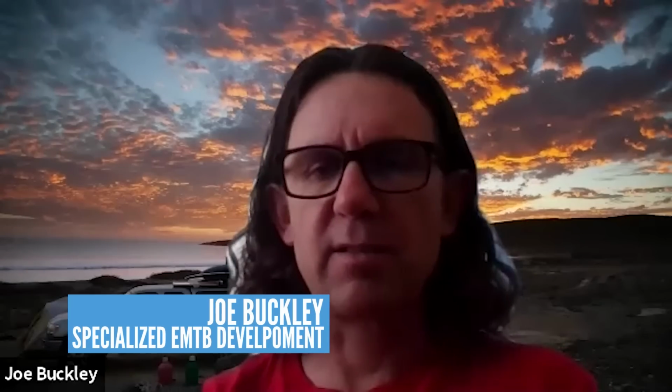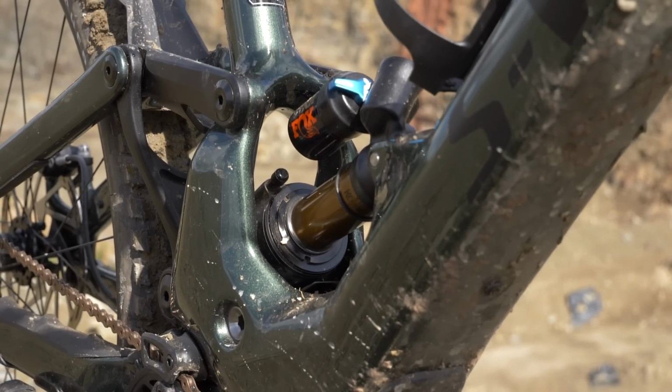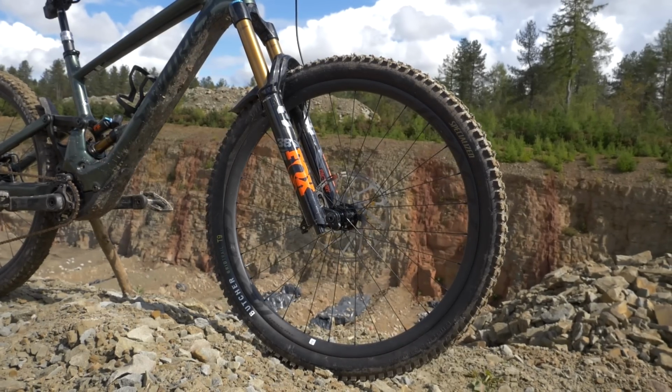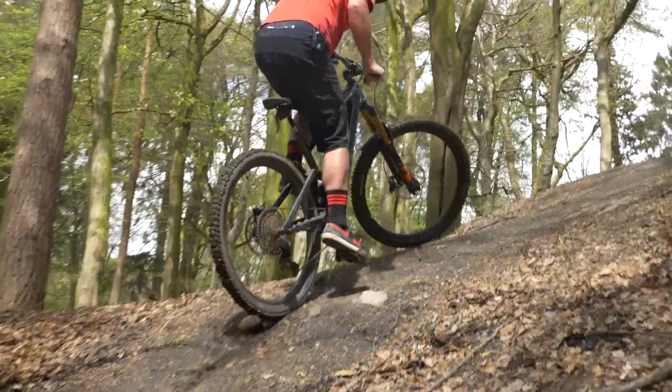For people who've not ridden the bike, how would you compare it to the Enduro? I guess that's the question, in terms of the feel when you ride it. Yeah, so if you're going to compare this to an Enduro, I'd say it's extremely close. The geo, you can get it in the exact same setting as the Enduro comes in. Of course, it has the adjustable geometry features that you can tune to your riding conditions. But as far as the fit and feel of the bike, it's going to be the same as an